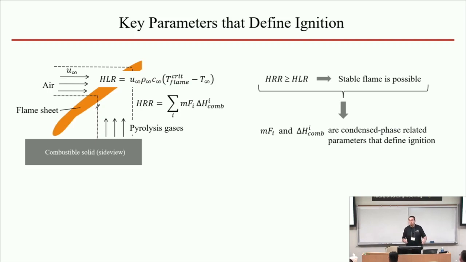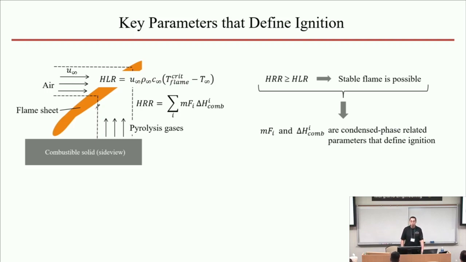But you can also use these quantities and do much more sophisticated analysis, like a full DNS with the kinetics of the flame. Ultimately, in both cases, the input that is required from the point of view of the condensed phase models are those two variables. Right here. So how do we compute those? How do we compute those in a completely transient manner, including all these complicated processes that we discussed above?